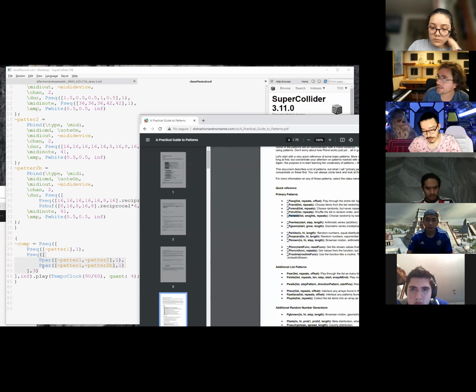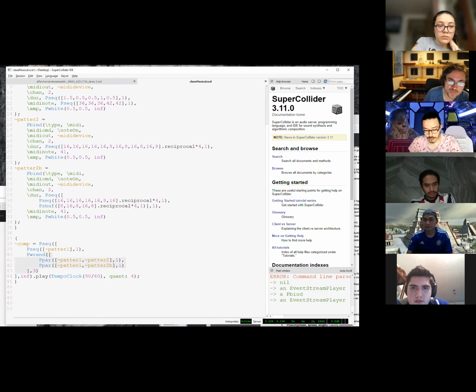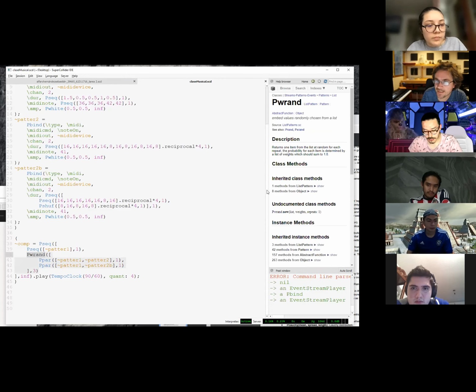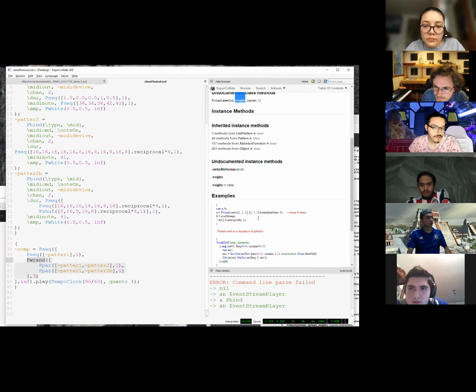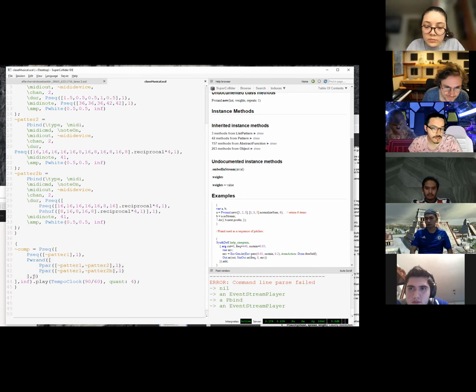Are you still paying attention? If we do this, we can select this one to be Pwrand. Let's check here the different parameters that we have. And we have weights. And what are the weights? In addition to the elements, it is now expecting the weights.